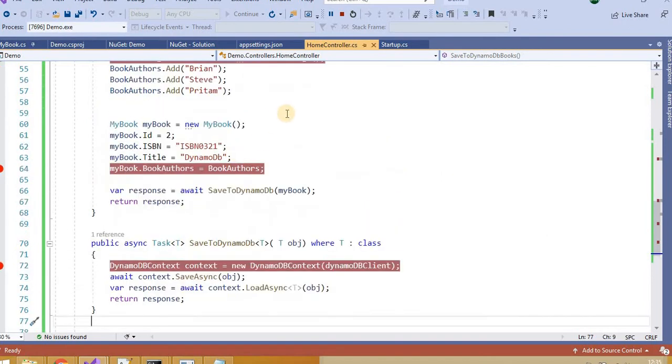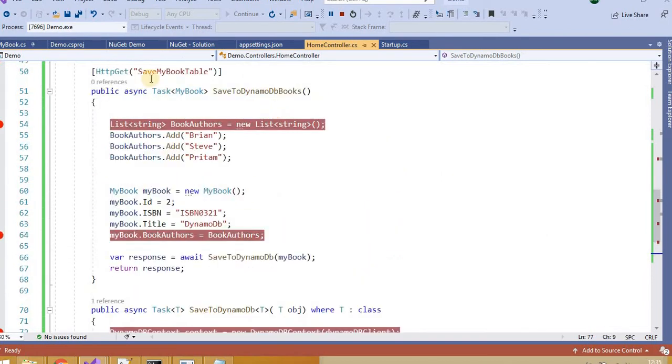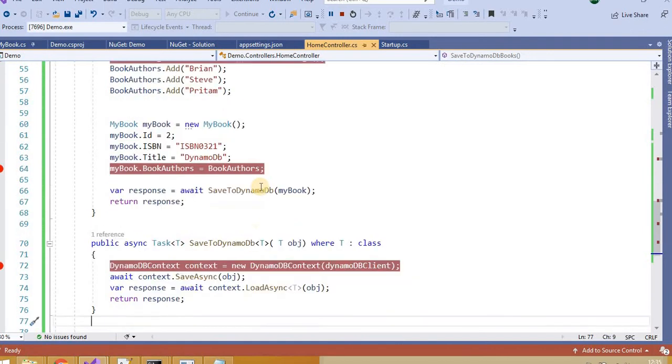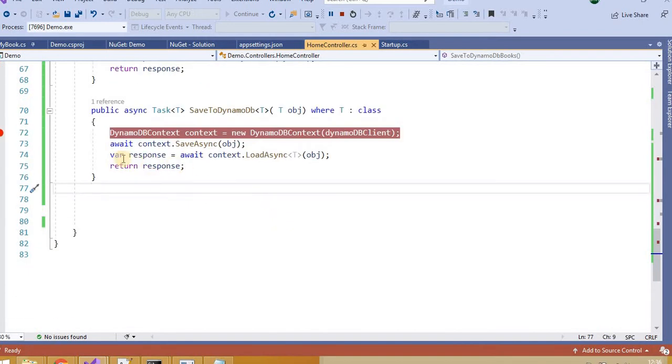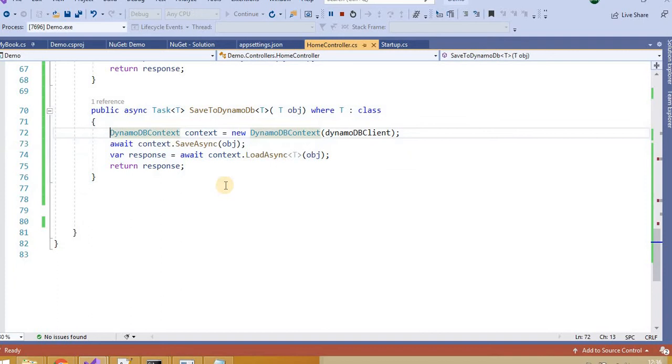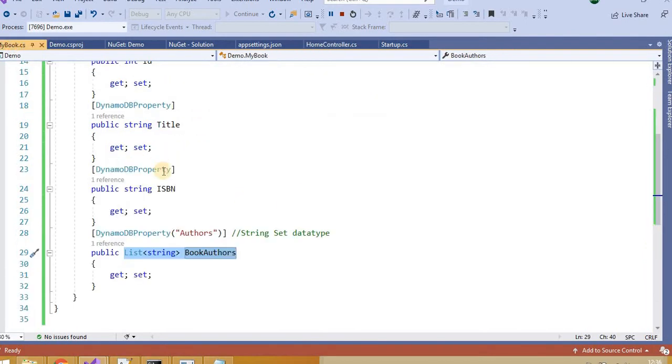So like this we can add new records to the DynamoDB table, and the way which we are using, we call it the DynamoDB context. Otherwise there is another model we can use directly, but that needs the hardcoded table name and column name. So this is the one which is mostly used in our live projects. This is very simple. You just need to initialize the DbContext and pass the object of the DB client, and then pass any object of any class here, and that class will look like this.